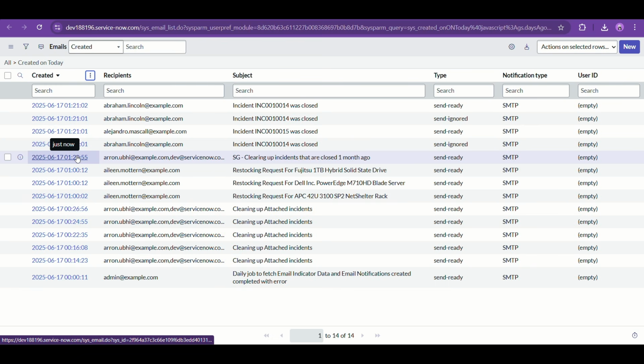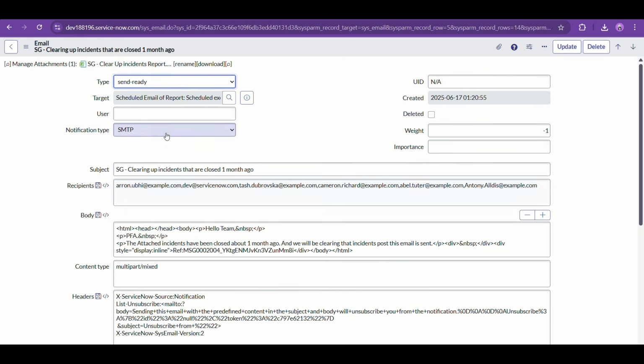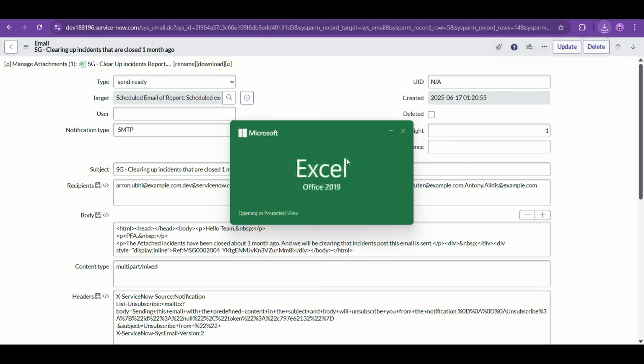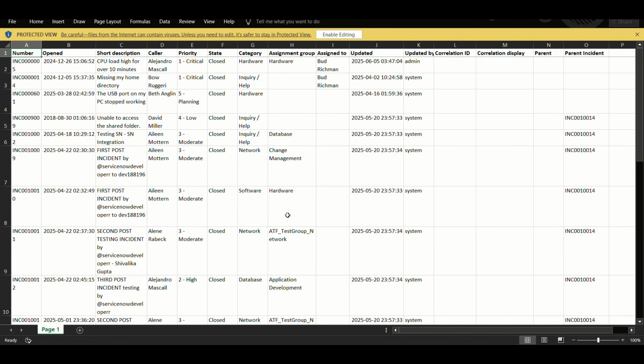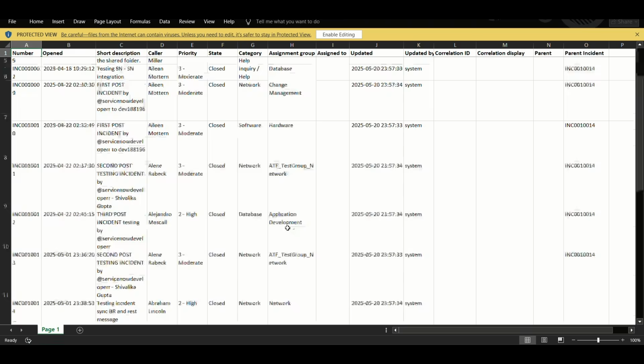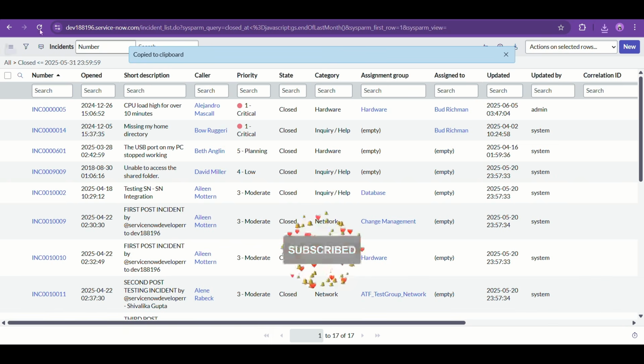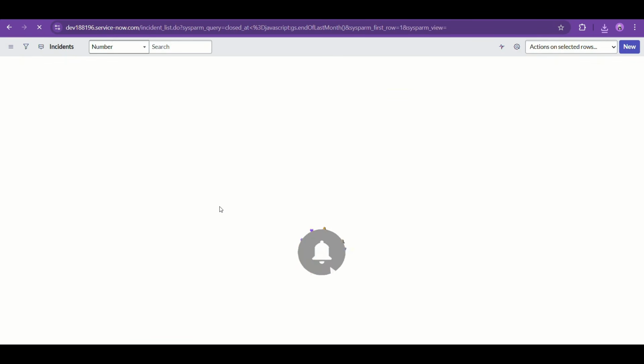So this is just now. Let's open this email. And you can see this is the email that we created. Let's see the content of this email. It should have 17 records, which is 18 rows including the header. Very good.